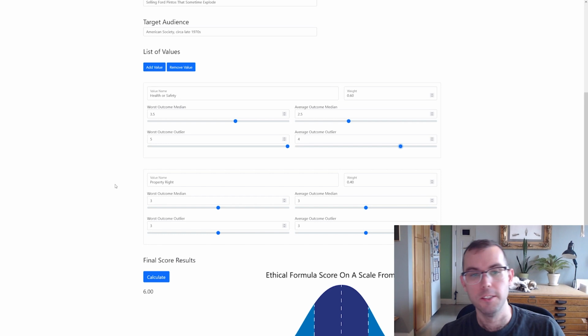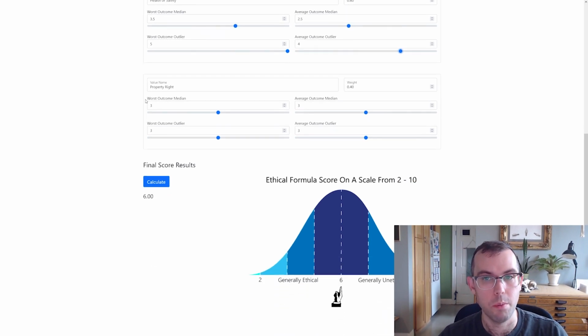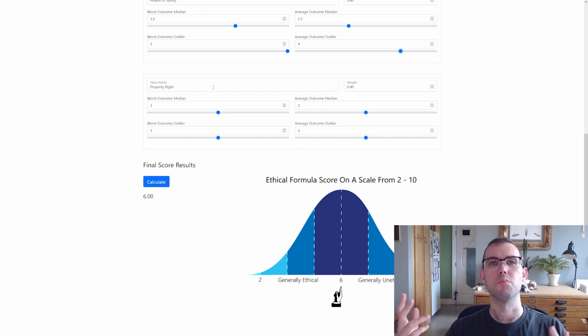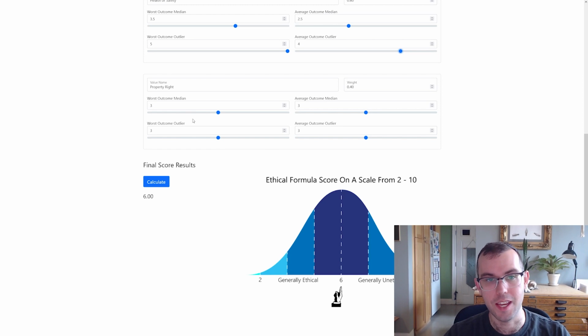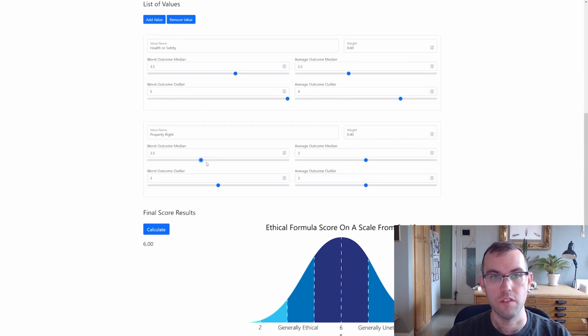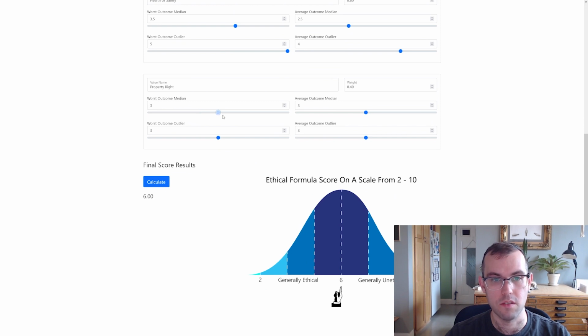Okay, so that's bad. And now let's look at the property rights. Property rights are probably going to be about the same, right? So our worst outcome, if you violated my property rights, is, when I think of a violation of property rights, I should have this property, but I don't because of the thing that happened. So we'll say, for the most part, not that big of a deal. I think I'll sort of mimic. Worst outcome, yeah, maybe the cars don't last as long as they should, but for the most part they were fine. We'll give that again a 2.5.